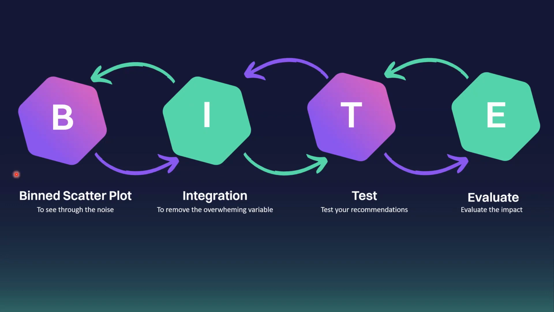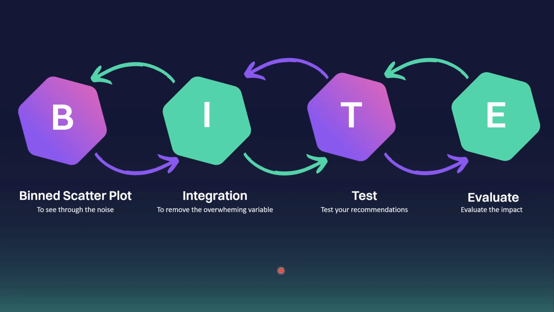Integration is a word we use here at Clarofy. What we mean by it is not the opposite of differentiation. We mean something a little bit similar to normalization. So it's the removal of an overwhelming variable. It's applying a regression function to your main KPI to account for your overwhelming variable or variables. So you're trying to remove the relationship of some variable against a KPI. We'll go into it.